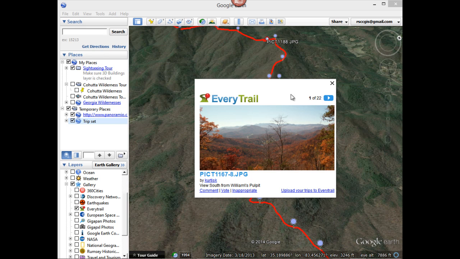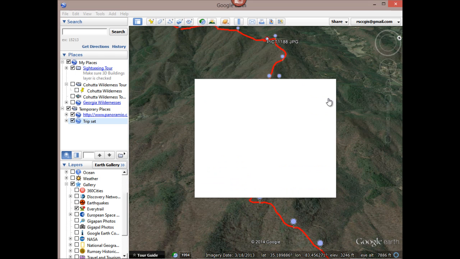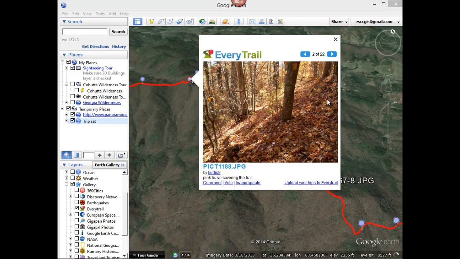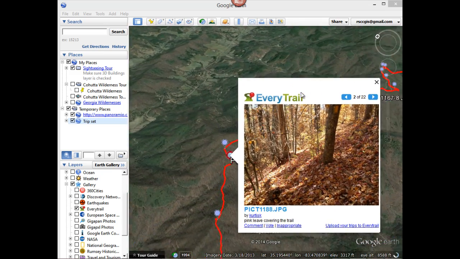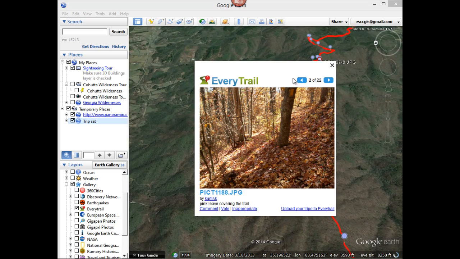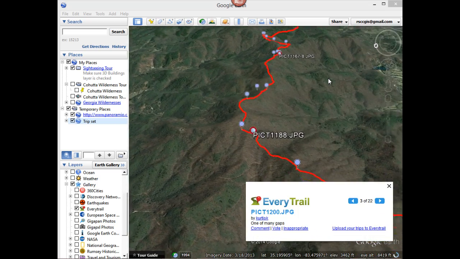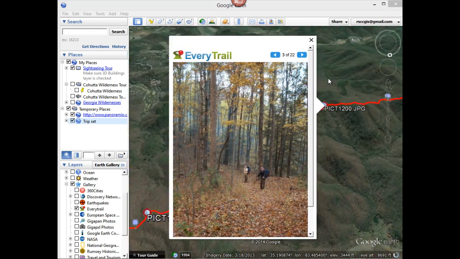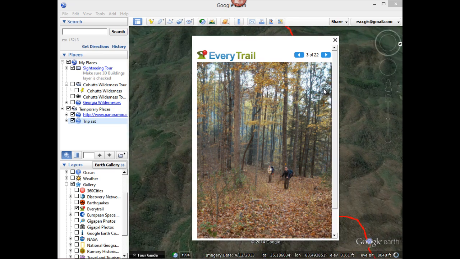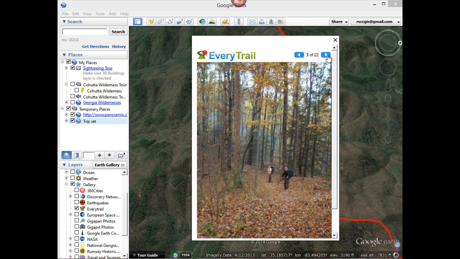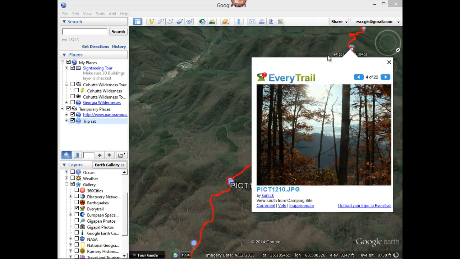It opens up a photo, and I can see there are 22 of these, and you can see the points on the map. I can either click on a point on the map, or I can just route through it by clicking the arrow key here, and it will basically fly me from point to point, depending on how the person set it up that created that. So it gives you basically a tour. It's kind of like the tour feature. It gives you a tour of that trail